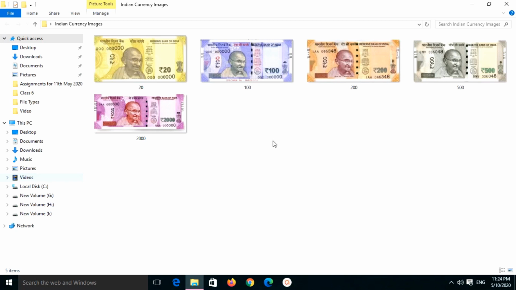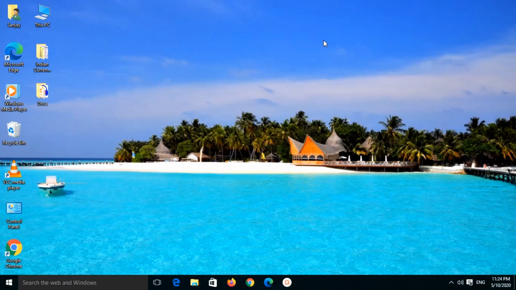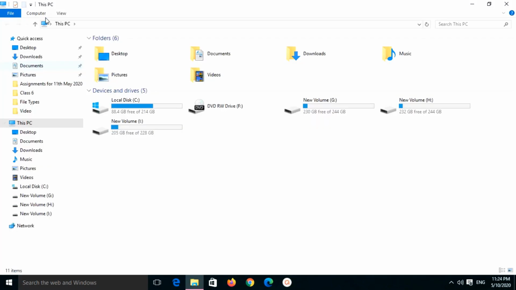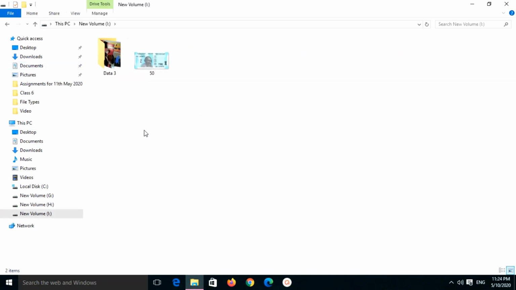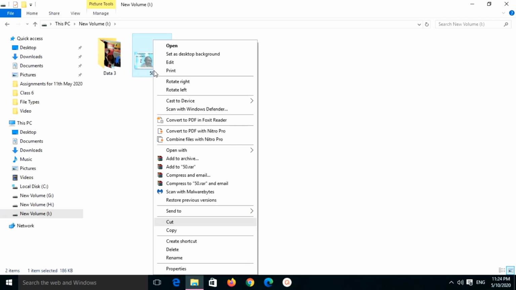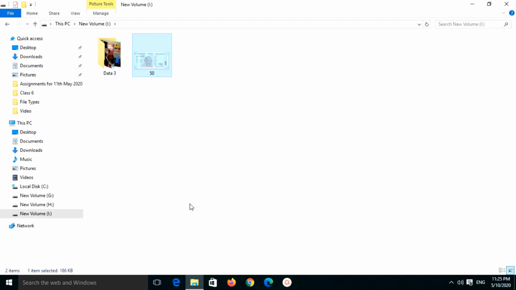Now let me move the ₹50 currency note back to its original position. I will go to that drive where I have kept the currency note image. I will right click on that image, a menu appears, and click on cut.